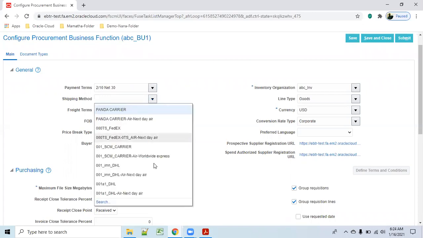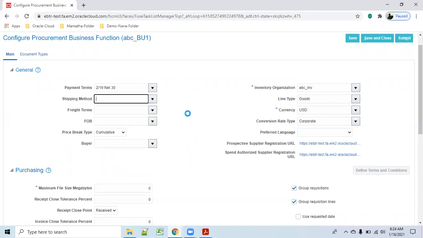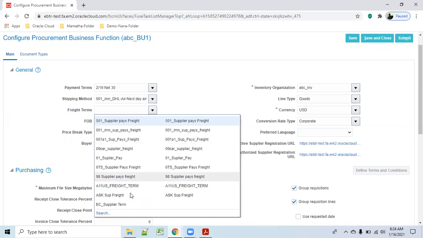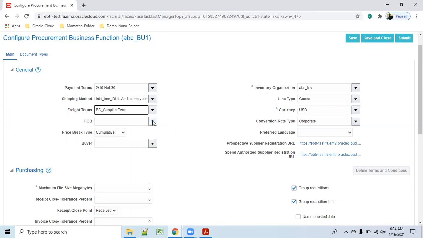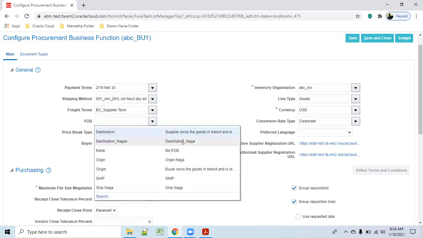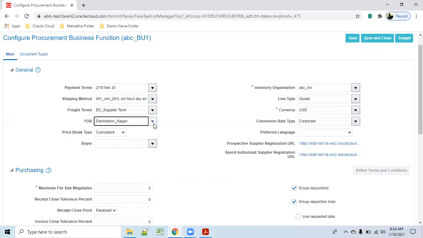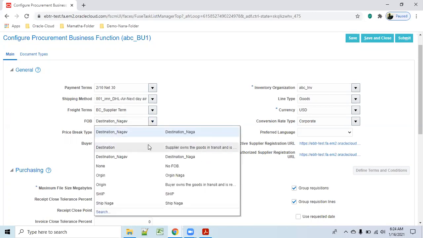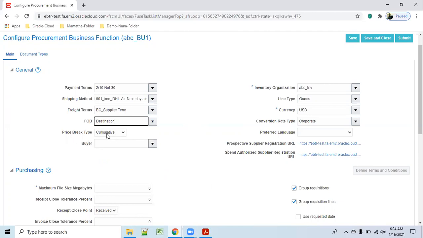Shipping method, say DHL. These are small setups: freight terms, payment terms, FOB, and a lot of other things. Destination. Price breaks, we will see these later. We have cumulative and non-cumulative. I'll explain what that is.